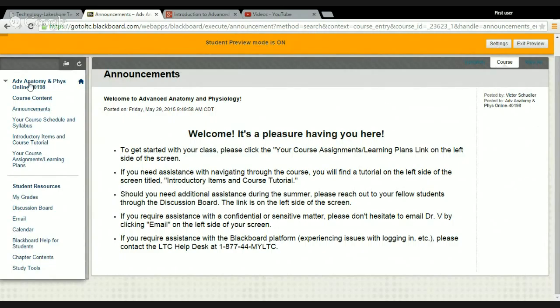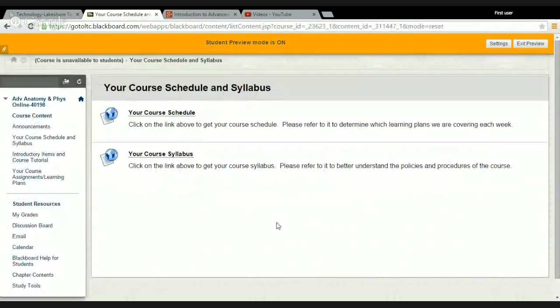Okay, over here on the left side of the screen is the navigation bar, I guess you would call it. I'm just going to go from the top down and show you what is available in the course and what you're going to be doing. So we're already in the announcements. Over here, your course schedule and syllabus are pretty straightforward, pretty self-explanatory. We have a course schedule and you have a course syllabus. If you click on the schedule, it'll take you to a Google Doc